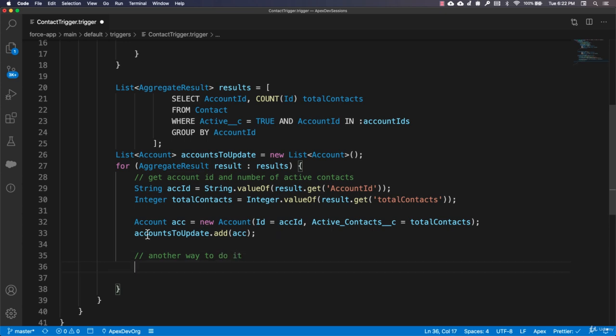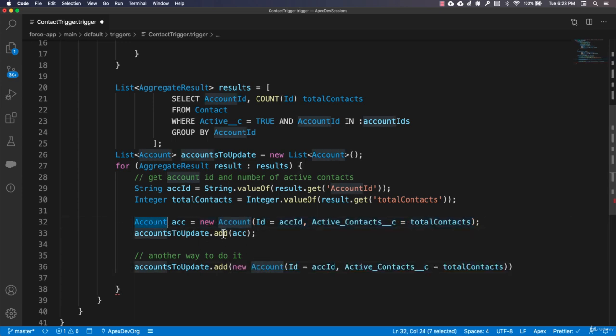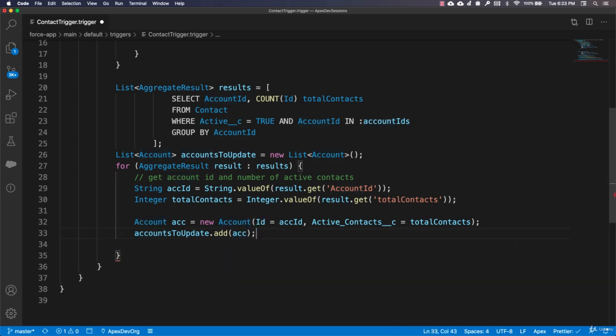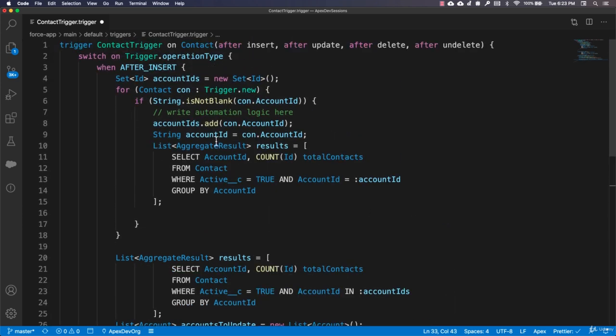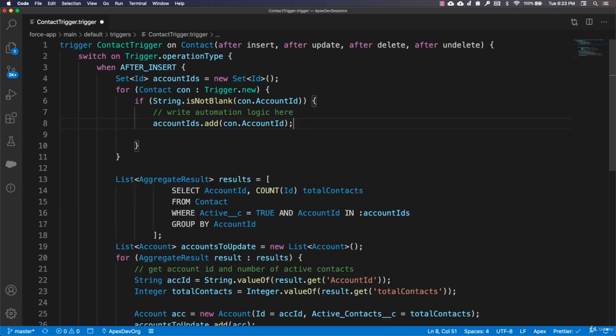So here I'll simply call my accountsToUpdate and then the add method, and within this add method I'm going to copy this line. So this way you don't have to use an account variable and then add it to the list. But I'm going to keep the first version of it because that makes my code more readable, and that should be it. Now we can get rid of this SOQL query as well,